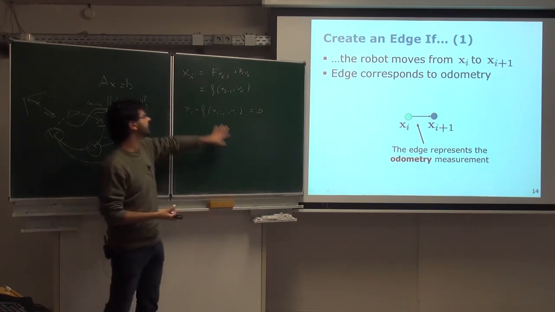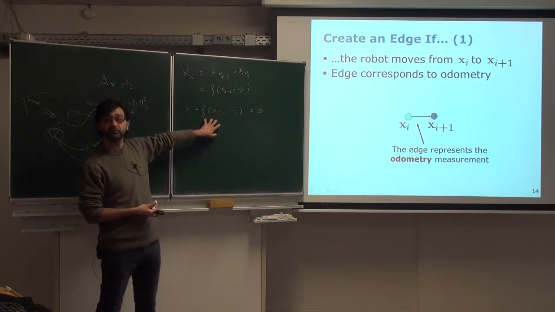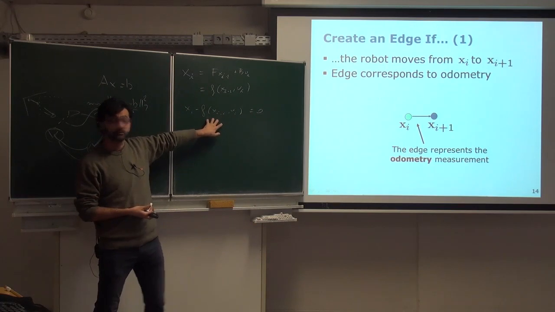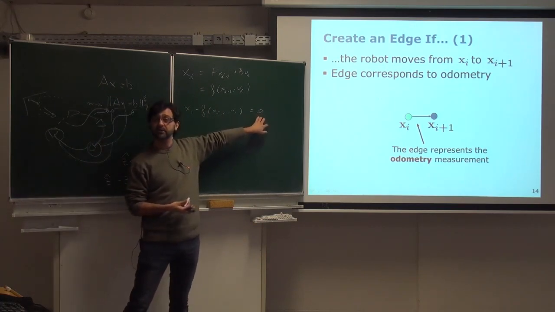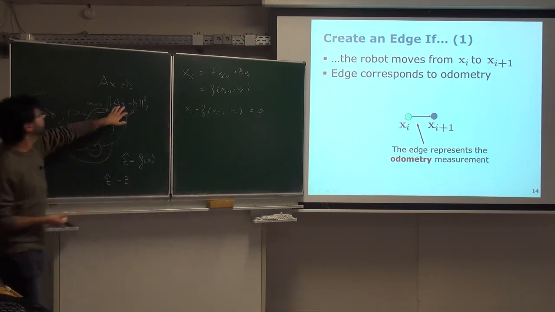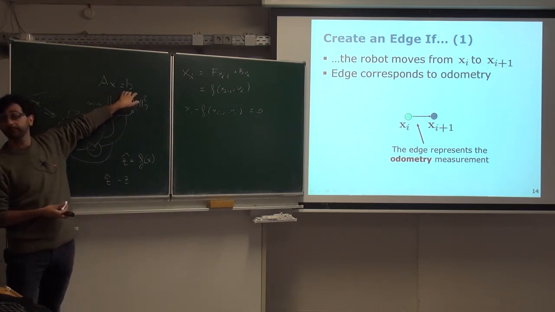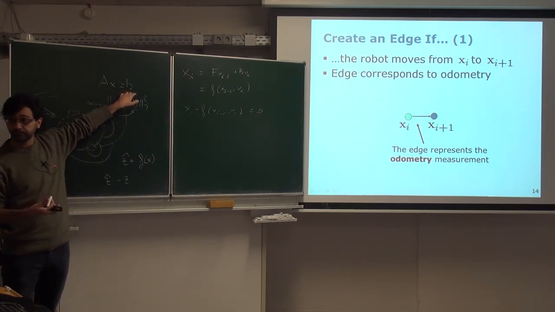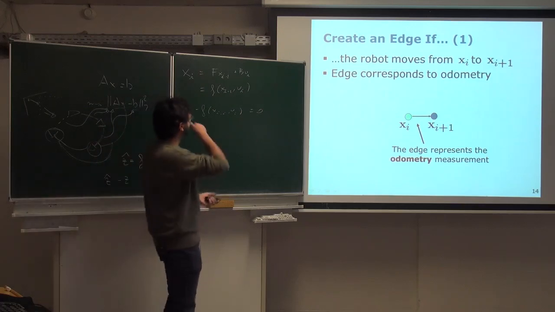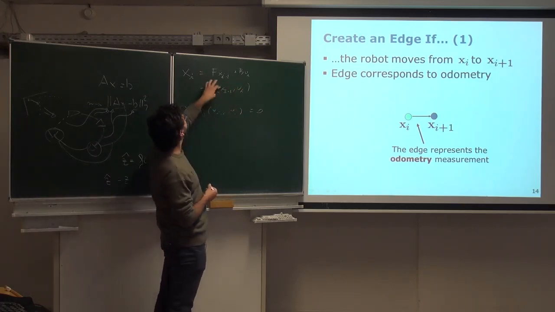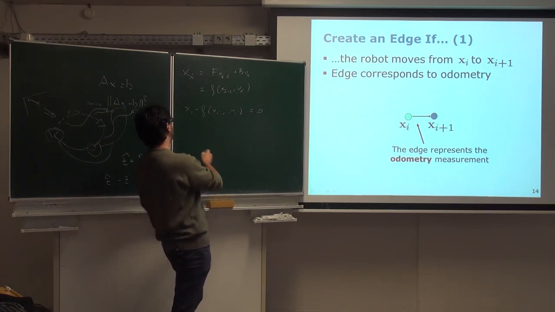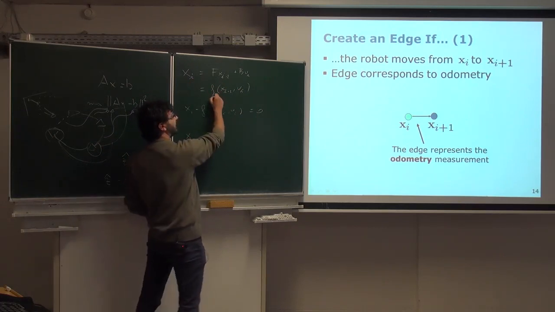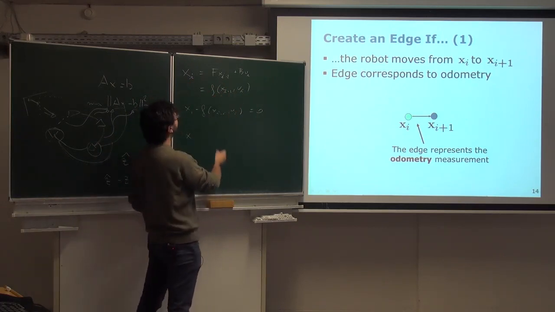Because we need to write it in a way that is a function of the state and there is a measurement in there, because we need to get to something which is Ax equal b in some way. Or we can just say that this part goes on the left, but we need to divide this in a different way if it's nonlinear, but we can say that